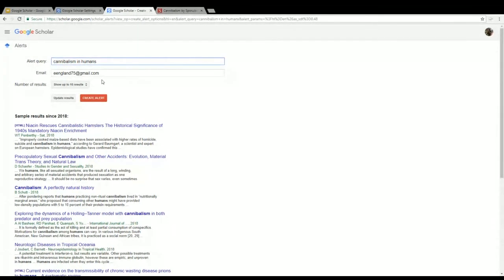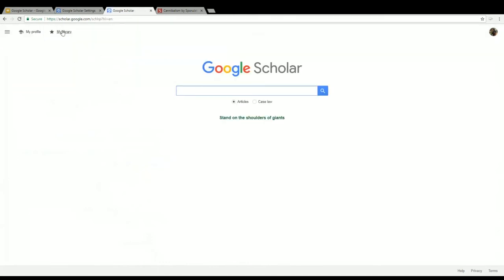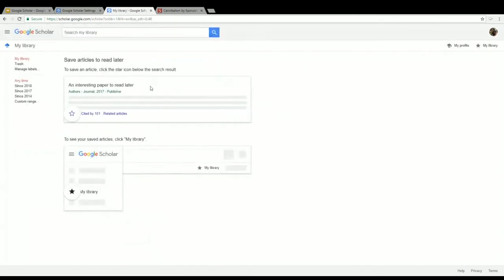And so it's a really nice way of keeping current with whatever your topic is. To create it, you just want to put in whatever your search query is and then click create alert, and then here it is, right? And it's really nice because when you go back into your Google Scholar account, if you click on My Library,